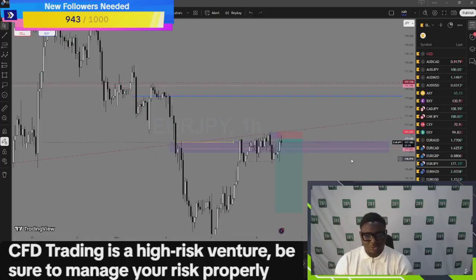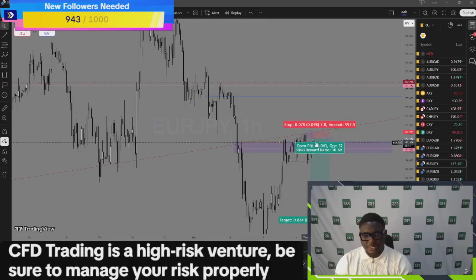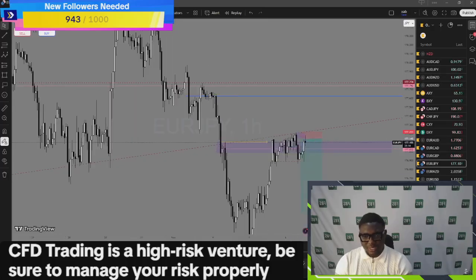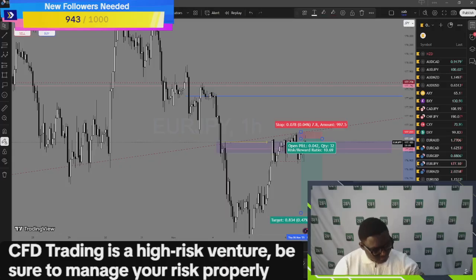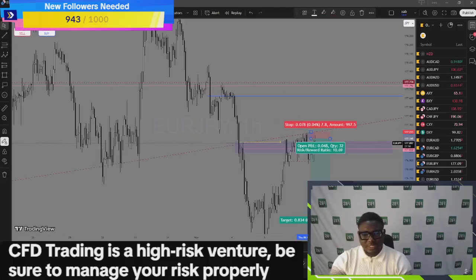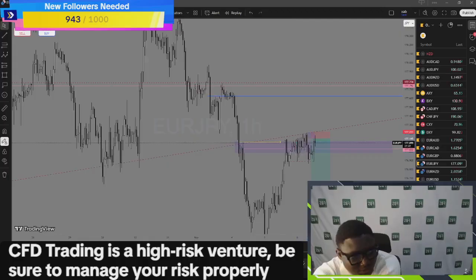So what we're trying to do now is trade the confirmation, the retest. It's a very low risk entry anyway, so I'm not risking a lot. Let me confirm. Yeah, it's about $19. Target profit is around $201. So that's basically it. It's a 1:10 point something risk to reward trade.